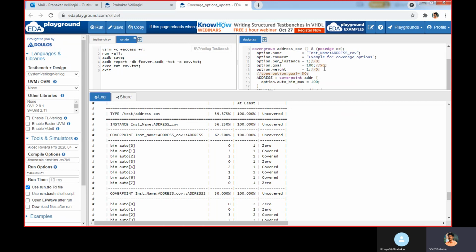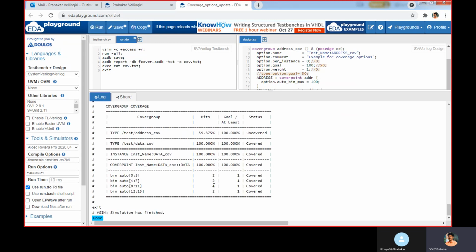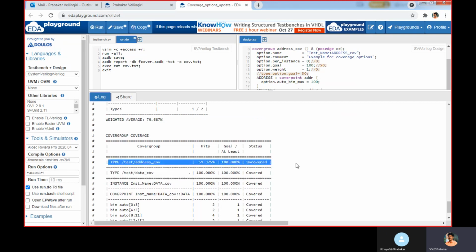Here I make it 0. So for this address coverage, we are not getting any details, only the final coverage of that instance. If you want the detailed report about all the instances, you need to enable per_instance as well.